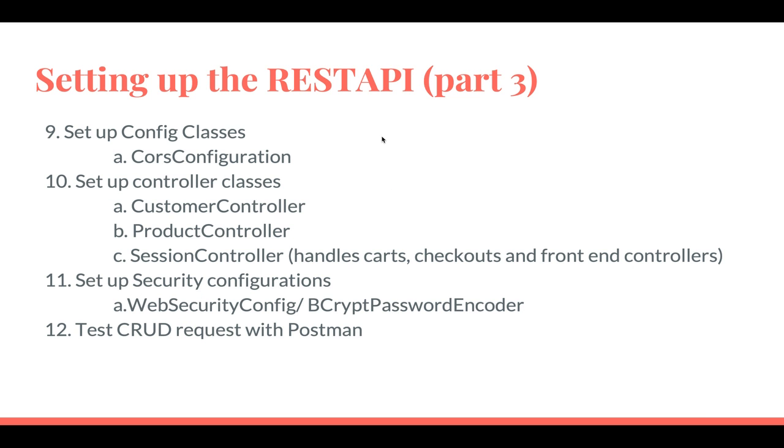We set up the configuration class, the course configuration particularly, and then we set up different controller classes, the customer, the product controller, and a session controller, which handles the carts, checkouts, and front-end controllers. Then I set up the security configurations within the web security configuration file, and I used the bcrypt password encoder class to encrypt passwords. We tested our CRUD requests with Postman, and then linked up to our front-end